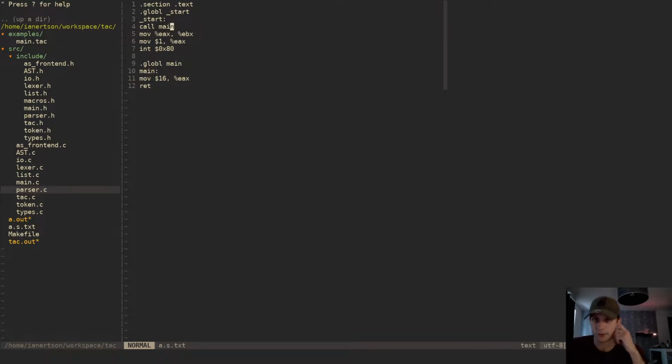We will probably do 64-bit later, but 32-bit is the assembly that I'm currently more familiar with, so we're going to do 32-bit first. Okay, so we're moving the EAX into EBX, because here we are doing the exit. So before we call the main, we want to